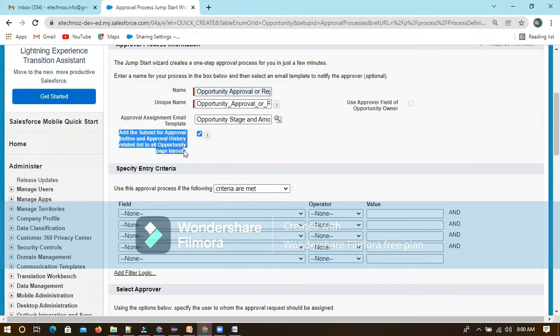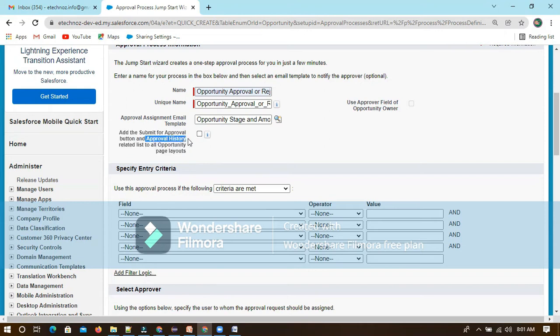We already discussed yesterday to add the Submit for Approval button. A user can also do this manually. If they want to directly submit for approval, there will be one button at the record level itself, on the detail page. That button will be available at any time, and the user can come to that record and submit it for approval. That is one way a user can do it manually. Now we are doing it through automation.